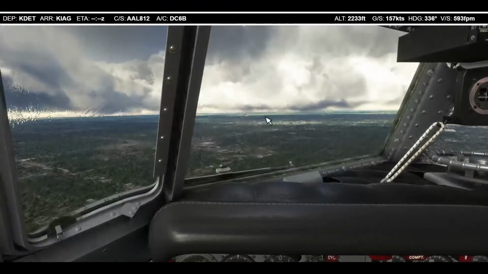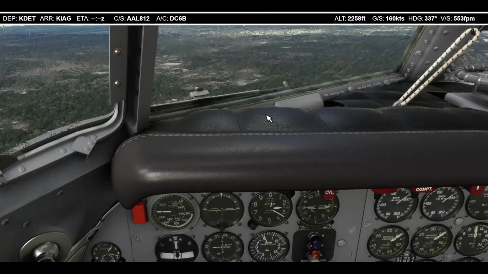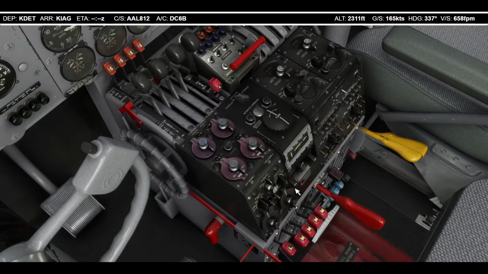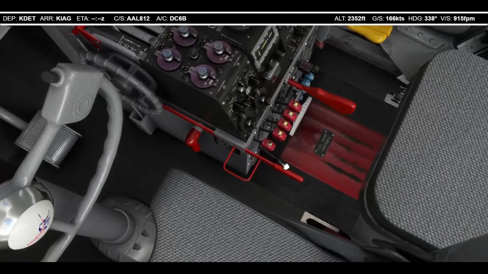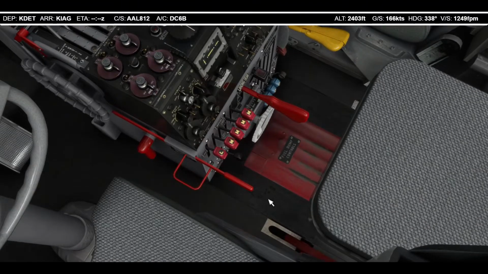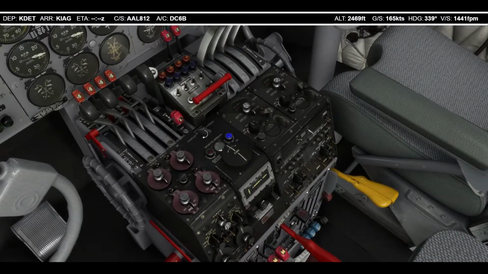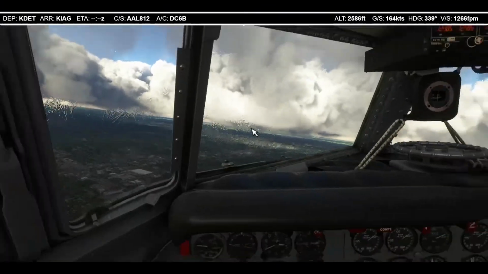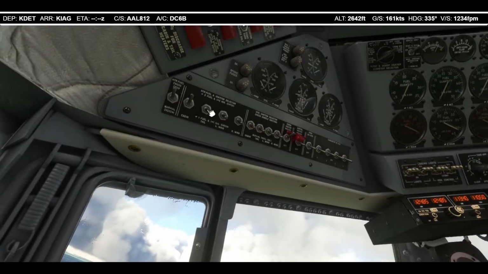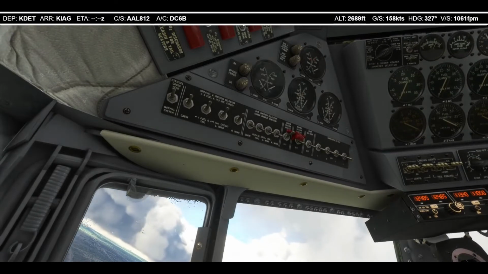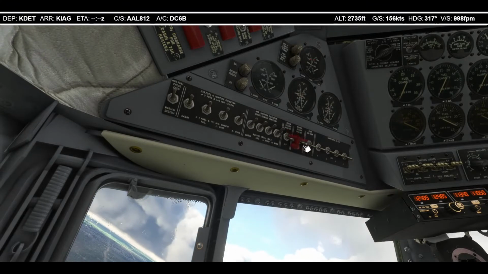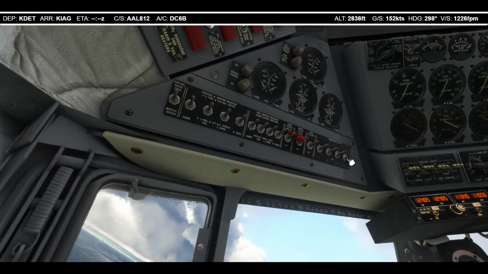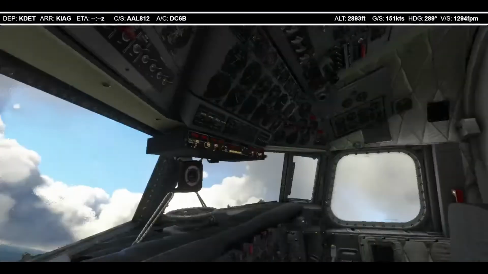Let's quickly have a look at what we're doing. We are still climbing. Our speed is okay. And click localizer. Oh, look at the ice. Oh, I almost completely forgot. Let's quickly turn on all the anti-icing systems. Oops, there you go. This one as well, and this one, this one, this one, this one. There you go. And just to be sure,